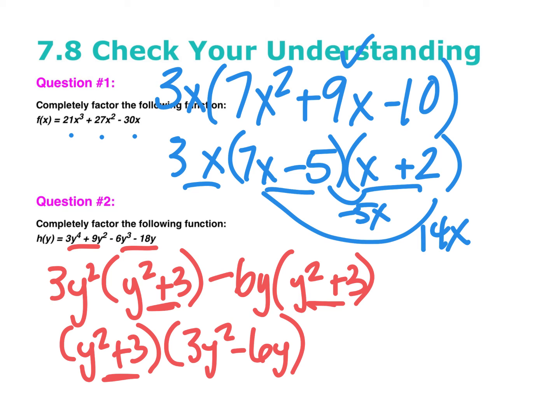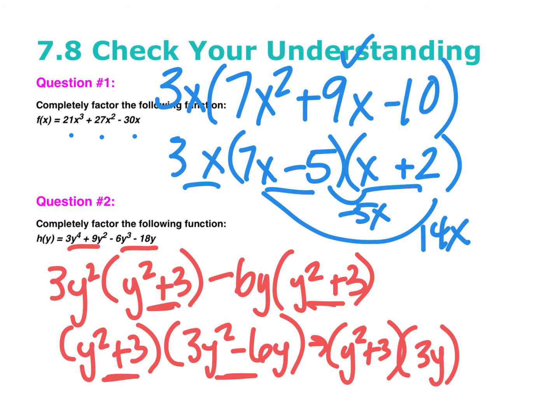This first binomial cannot be factored further, but this next one we actually can pull out a multiple of 3 and a y. So I'm going to keep the first group, again, of y squared plus 3. But then the second group I can pull out a factor of 3 and a y. And that's going to leave us with a y left over